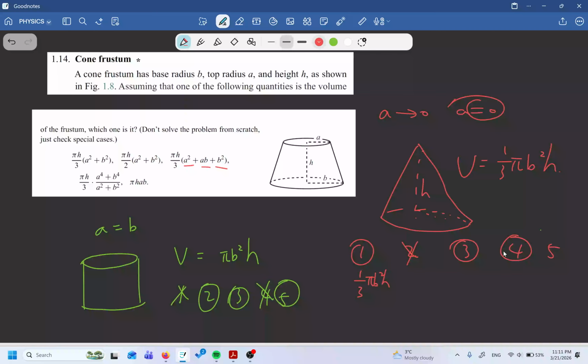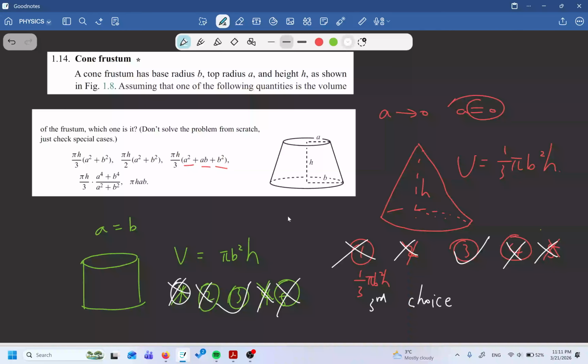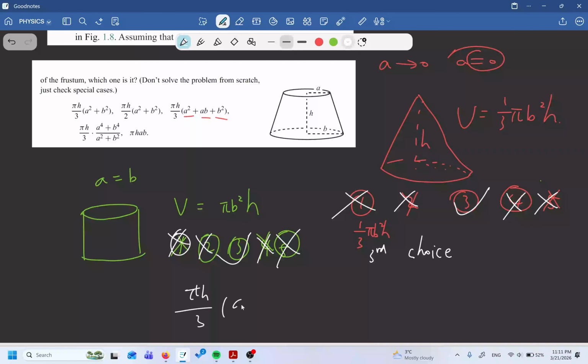So if we look at these choices, combining both special cases, only one works in both. Our final answer is the third choice, which is pi h over 3 times a squared plus ab plus b squared. So this is just a really useful technique in eliminating